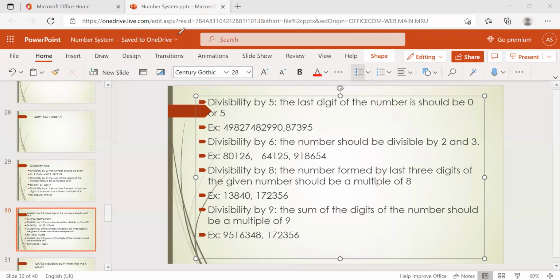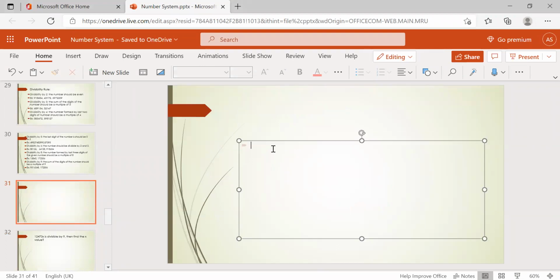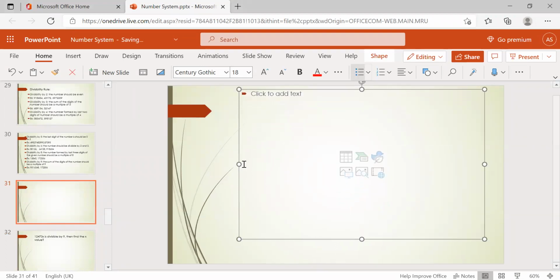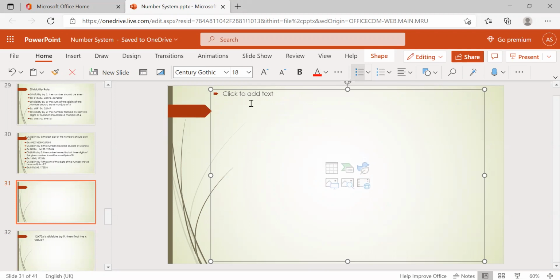Okay, now I'll check another one. Check the remaining rules here. Divisibility rule by 10. I think everyone knows this.